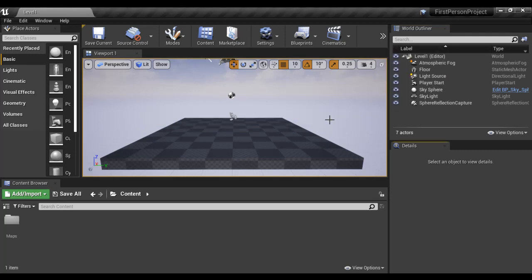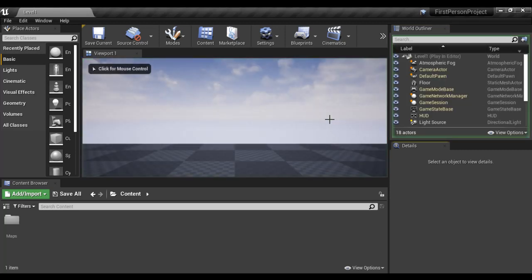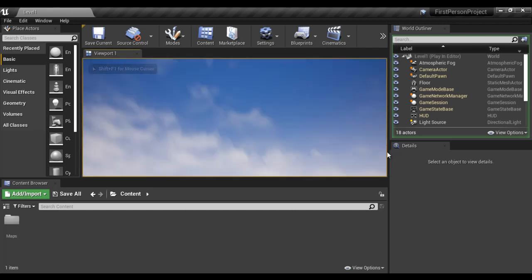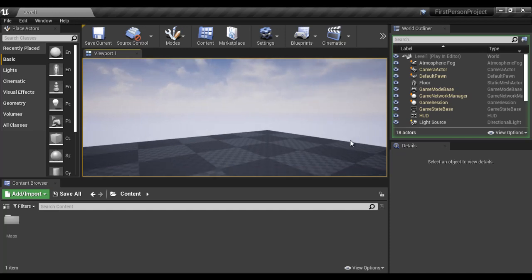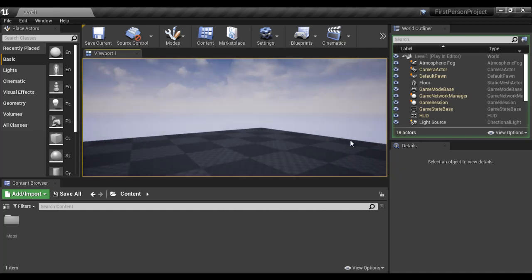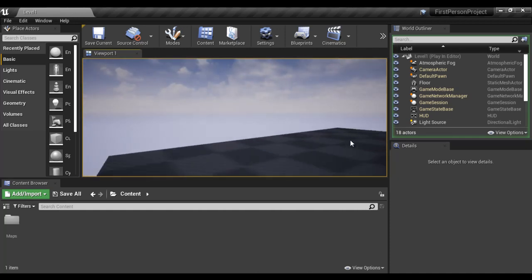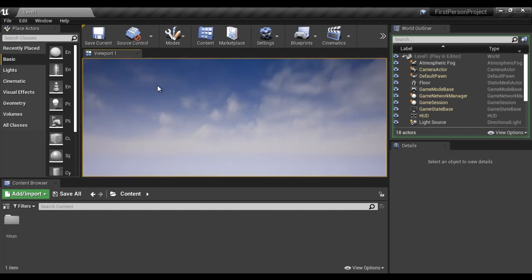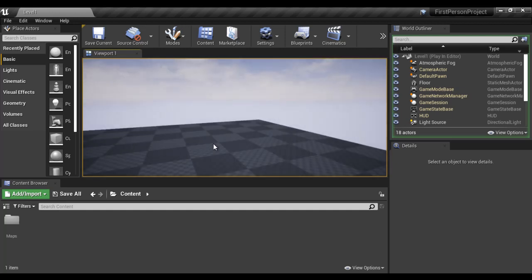Check out now, if I press Alt P, it takes us to play mode, and you can see that when we are in the play mode, some extra actors are spawned, right? So you need not worry about these things, guys, at present. And in the play mode, of course, we can look around the scene using the mouse. If I press the W key, we can move forward, S key, move backward, A left, D right. So like that, we have the option to navigate around the level, guys, right?